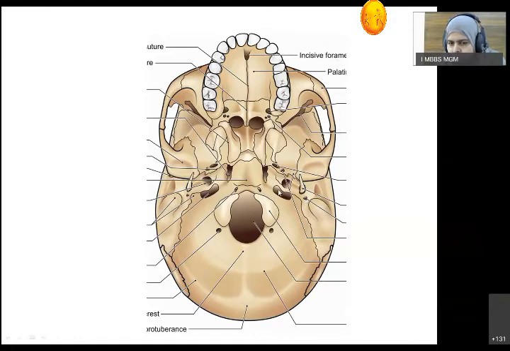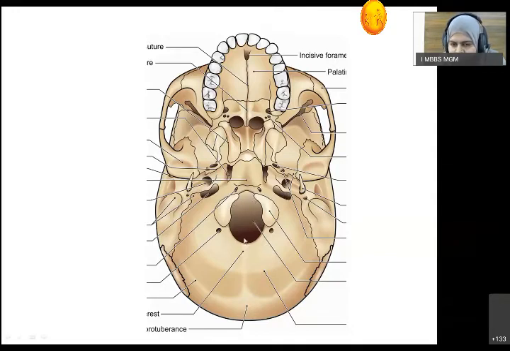Okay. Through this jugular foramen, the structures which are passing are the inferior petrosal nerve, then the 9th, 10th, and 11th cranial nerves, and lastly, on the lateral aspect, the internal jugular vein. Okay, so these are the structures which are passing through the jugular foramen.